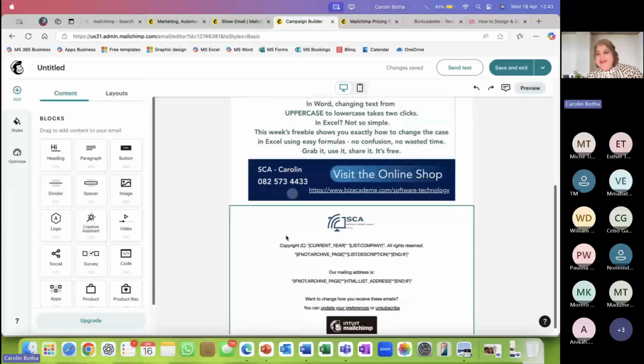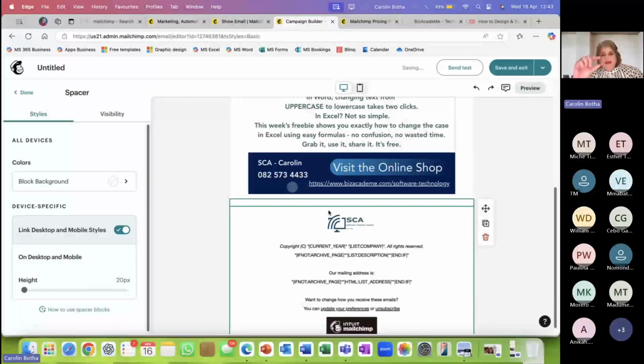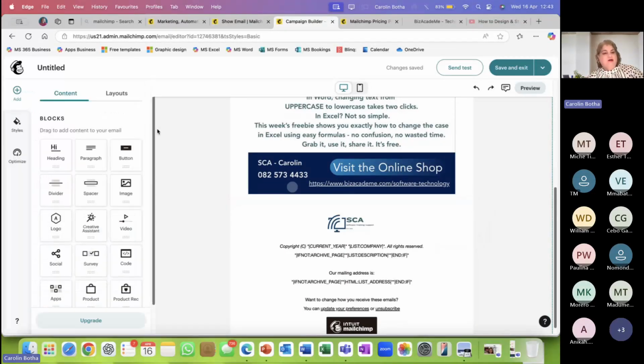Great. So all I need now is, well, I can put a divider in, maybe, or a spacer. So just drag and drop, so there's a little bit of space between my image and my logo at the bottom there. There are many things that you can do around that as well, but we're just doing the basics.